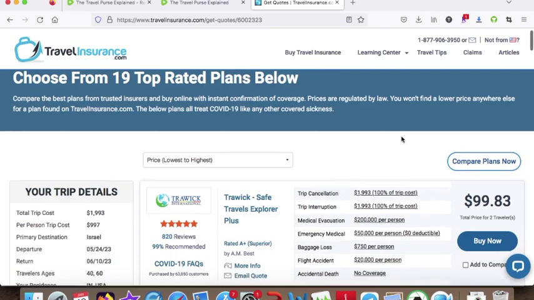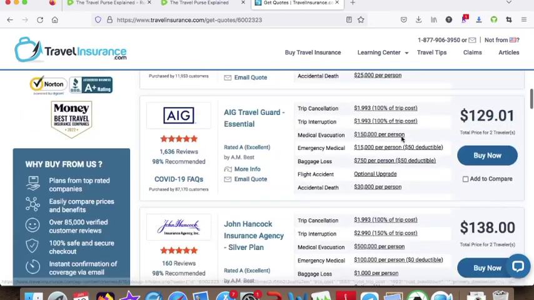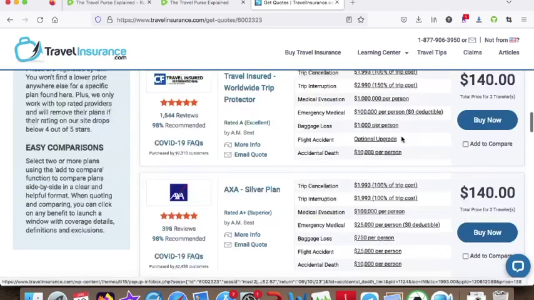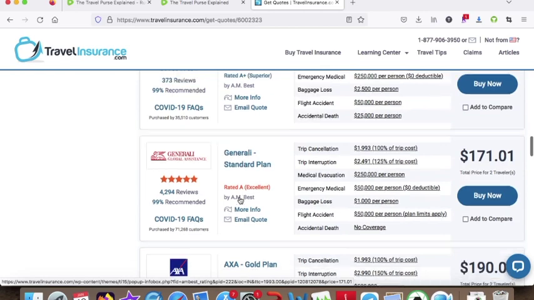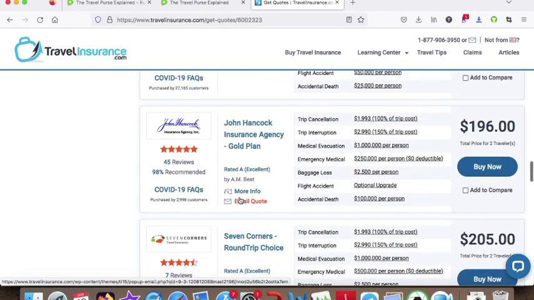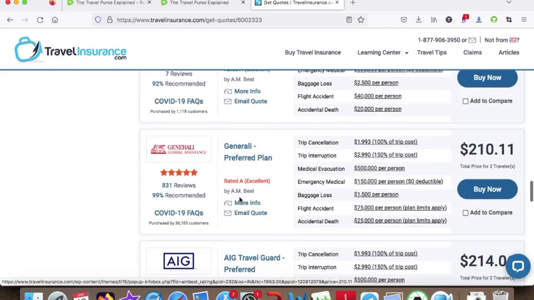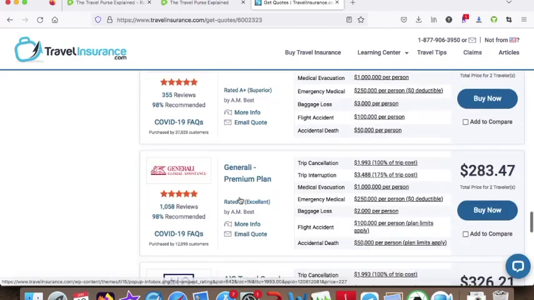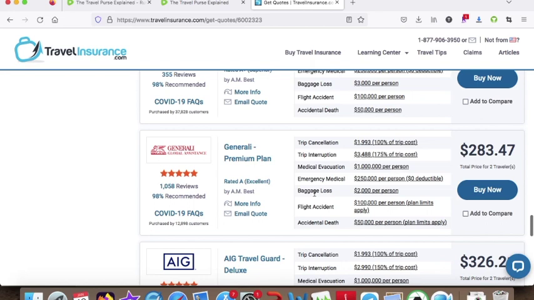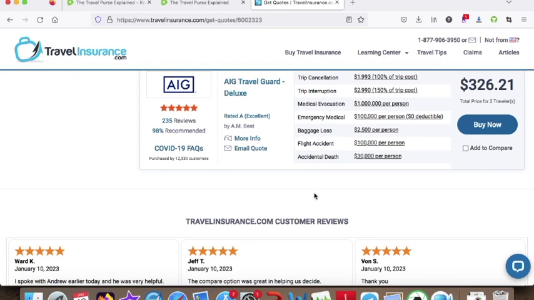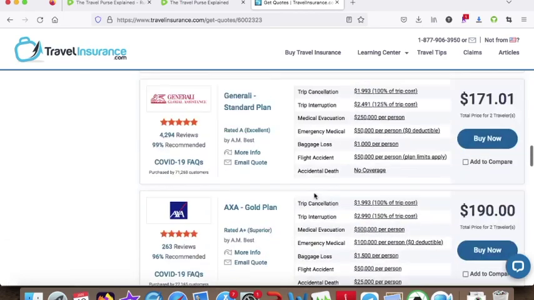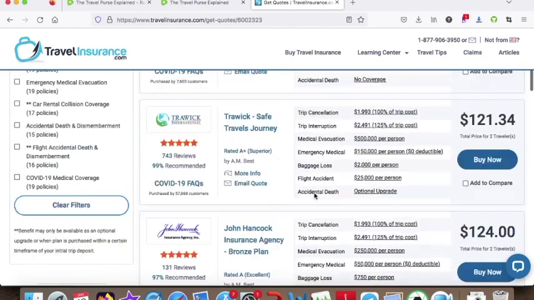And so that's what I appreciate about these plans. And so there's 19 choices. And as you can see, it's multiple different people you can choose from. They got different reviews. Some companies you may have never heard of, others you may know well. So you get to choose the option of what you want, what kind of coverage, how much coverage. It's not being pre-decided for you as it is in a pre-packaged plan if you purchase your airfare insurance through a third-party carrier, which is one of the options that you're going to have to look at,